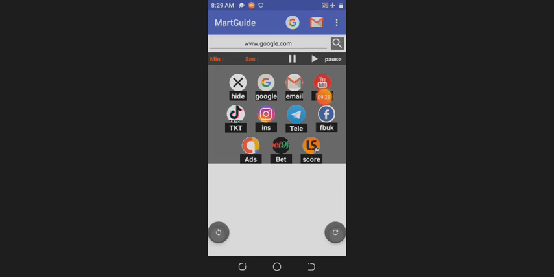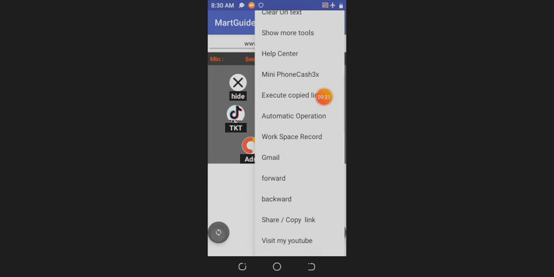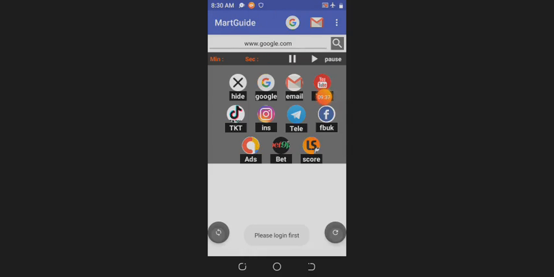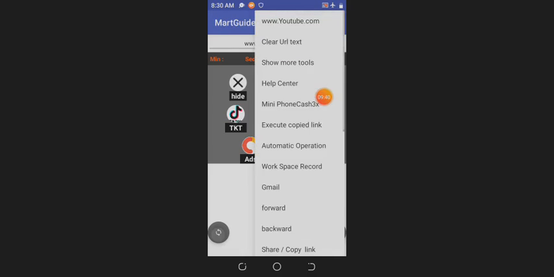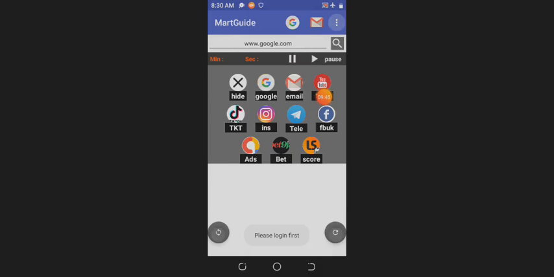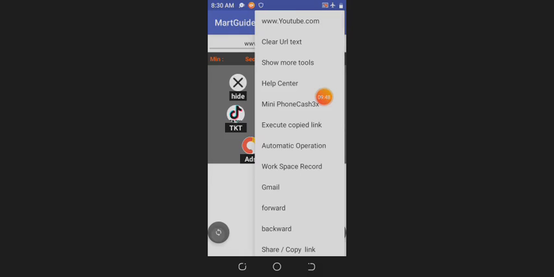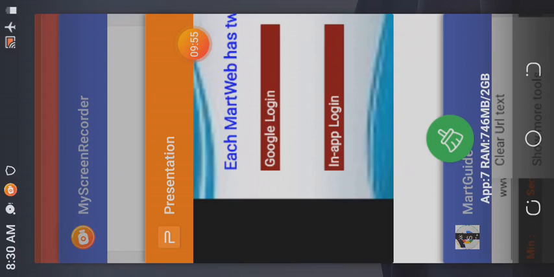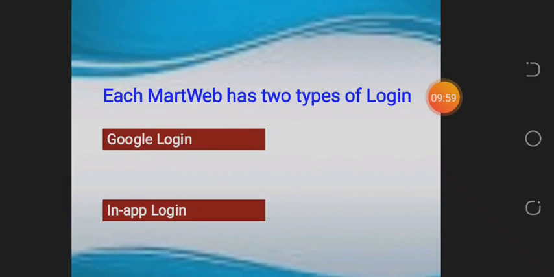Not only that, there are certain things here that you will not access without logging in. You must log in before you access them. Like workspace will tell you to log in first, and the other MartWeb, mini phone capsule X, will tell you to log in first. These special tools will tell you to perform in-app login. We call this in-app login. Anytime you want to use a tool and it tells you to perform a login, it will tell you to perform login first before you use the tool. That means you have not done your in